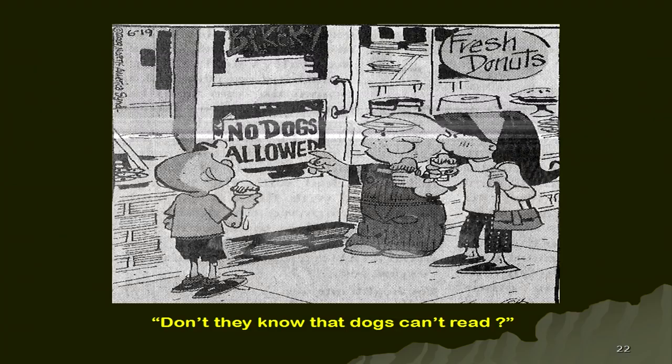Let us look at this cartoon, Archie's cartoon. Here there is a phrase, or you can say a sentence, "No dogs allowed," and see how Archie gets the meaning of it. He thinks that it means dogs are not allowed in this restaurant or in this shop. So, he thinks and says, "Don't they know that dogs can't read?" He thinks that this poster is there for the dogs to read,